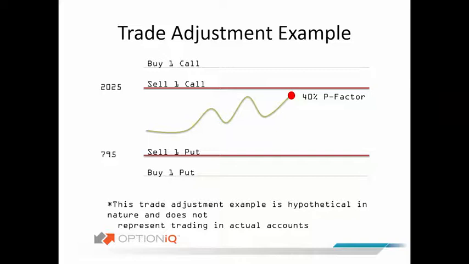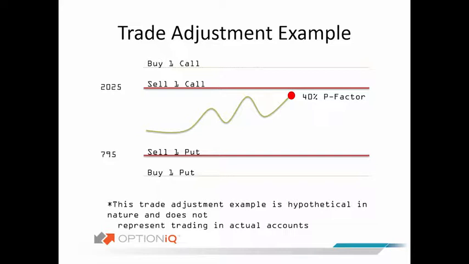If we look at it quickly here, we can see that we have sold a 2025 call. We've bought a call above that, which we have not put the strike price on there for that particular position. And we've sold a 795 put, and we've bought a put below that as well. We've noticed that during this trade, the market has chosen to rally, and it's moved up closer and closer to our sold call option. At this point, we've reached a 40% P factor, and according to Option IQ rules, we